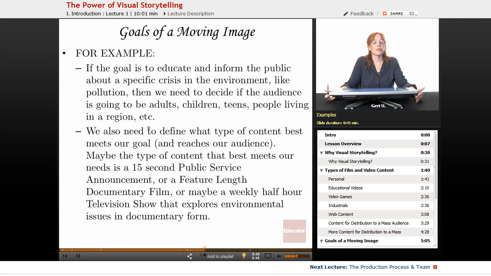More about the goals of a moving image. For example, if the goal is to educate and inform the public about a specific crisis in the environment, like pollution, then we need to decide if the audience is going to be adults, children, teens, people living in a specific region, etc. We also need to define what type of content best meets our goal and reaches